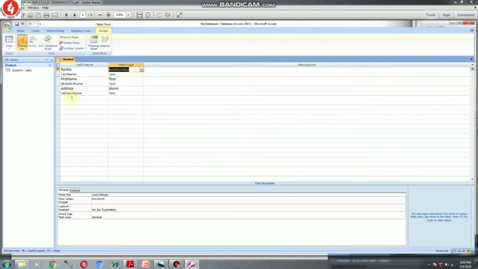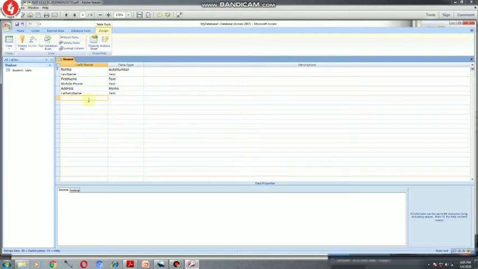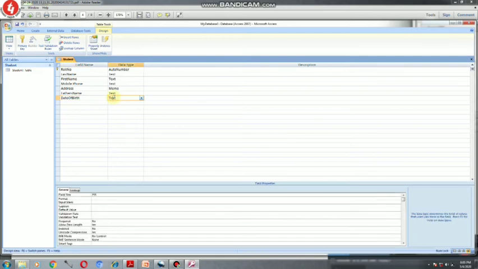Now I want to show you how to insert a date field here in design view. You click on the blank field, then you type, say, date of birth. Then when you go to the data type field, the data type for this field will be date and time, because your value will be a date or time, so you must select the data type accordingly. Then for address, I am changing from memo to text, because in memo we can store lots of text. For storing an address, I am not using that much space, so I will use text here.